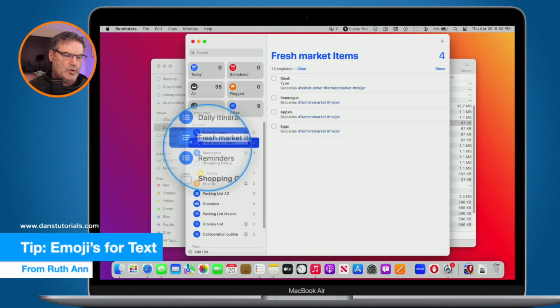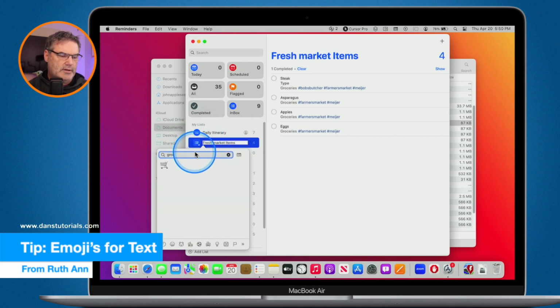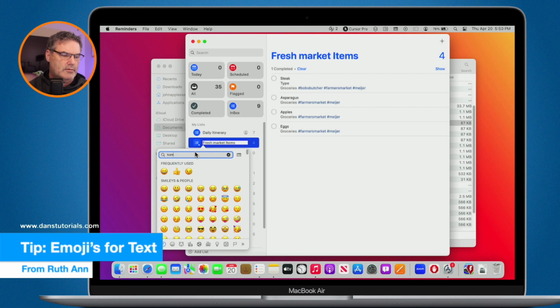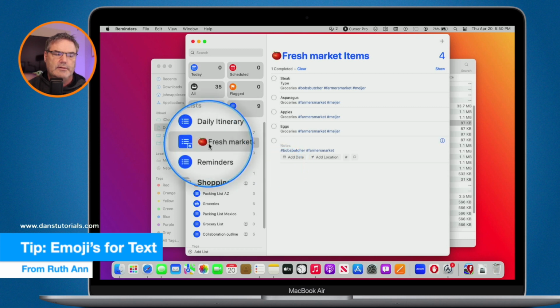And we are going to put in here grocery. Well, let's put a tomato, right? For fresh market items. And now you're going to see that I can get a nice visual indication. So you can take that a step further and use it anywhere you can put text, all the way down to